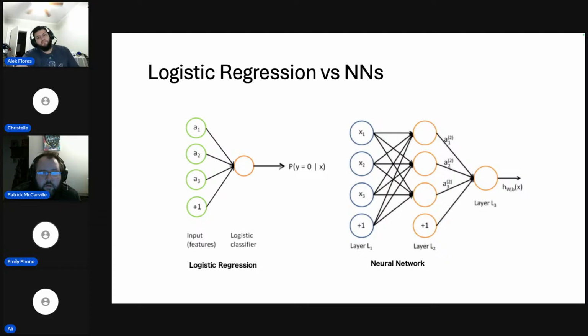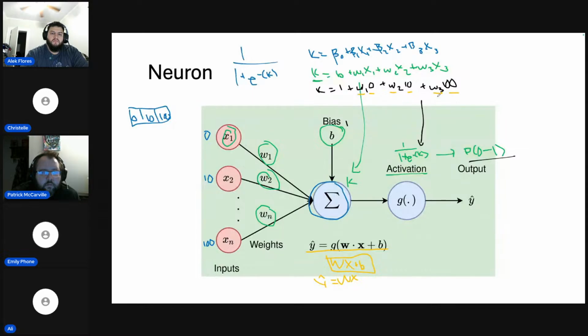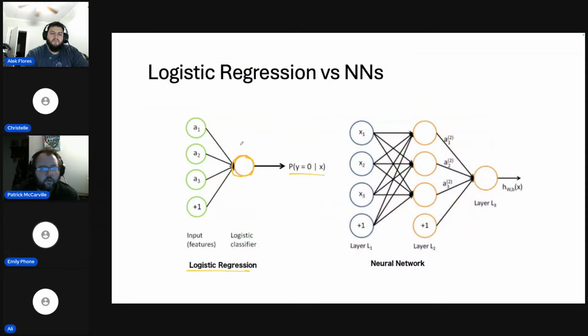Maybe I should make a notebook for this. A fun exercise to do is make a neural network with one neuron, just one neuron here, and train it on a training set and see what the output is and the performance and the classification, and then train a logistic regression. And what you're going to see is you're actually going to get the same results. So if we just have one neuron, what's happening in here is exactly what we said on this slide before. We're just doing